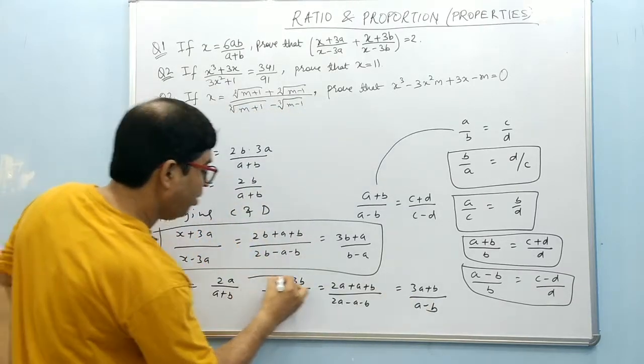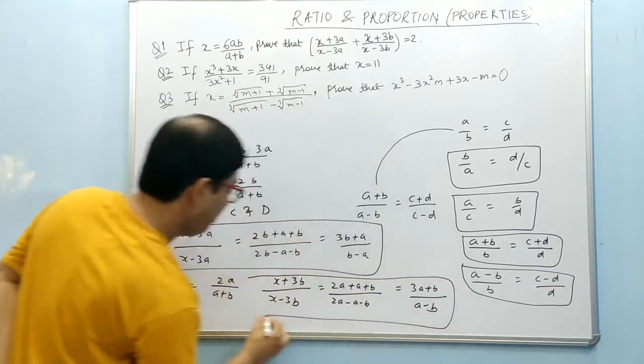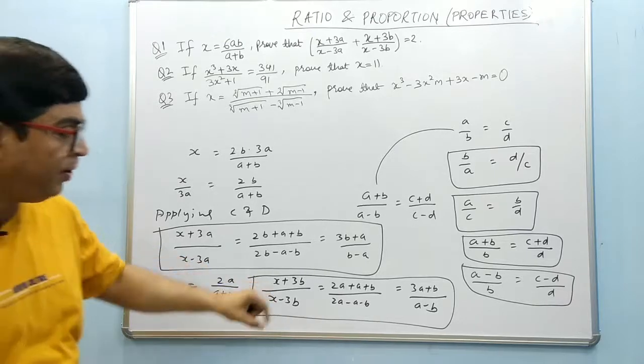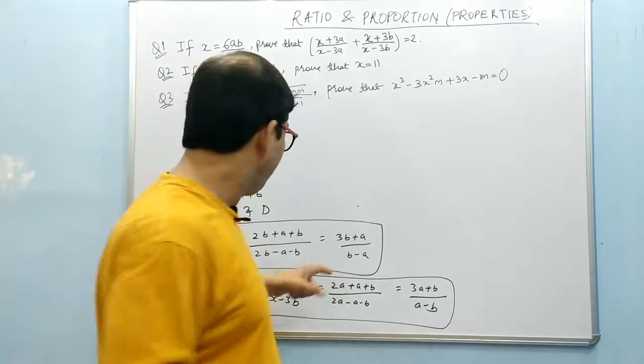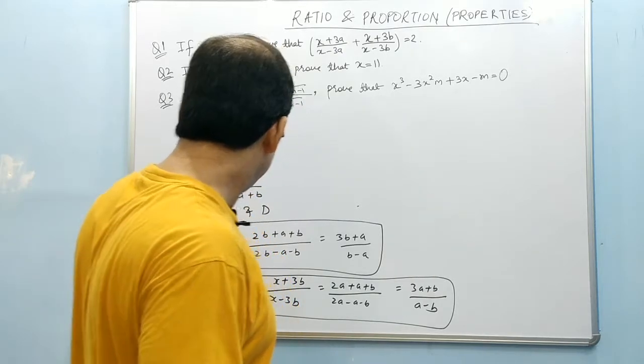So we got the value of x plus 3b by x minus 3b also in terms of a and b. Now I need to find the value of x plus 3a by x